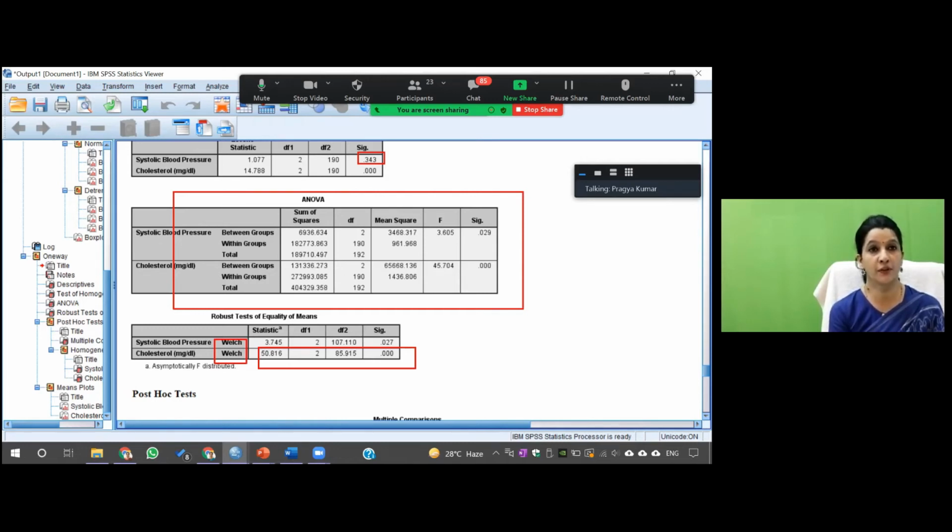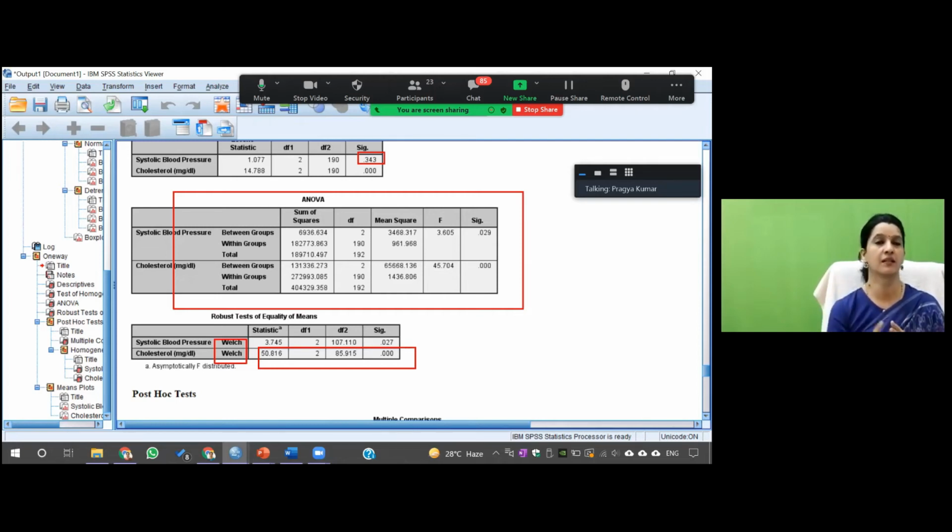Don't confuse this with the significance in Levene's statistic. You cannot equate it with the significance of ANOVA, because for Levene's statistic, as I've told you, the null hypothesis is different. That's why we don't want the p-value to be significant. The similar case was with Shapiro-Wilk. I don't want my p-value of Shapiro-Wilk to be significant, because I want my data to be normal. Remember these two cases, and there is one more we'll discuss again.